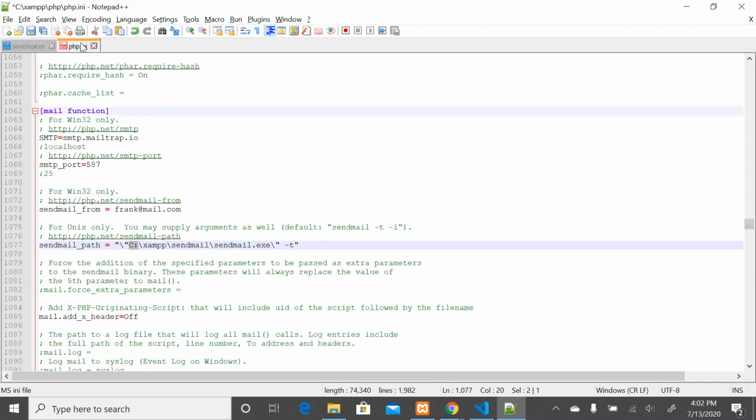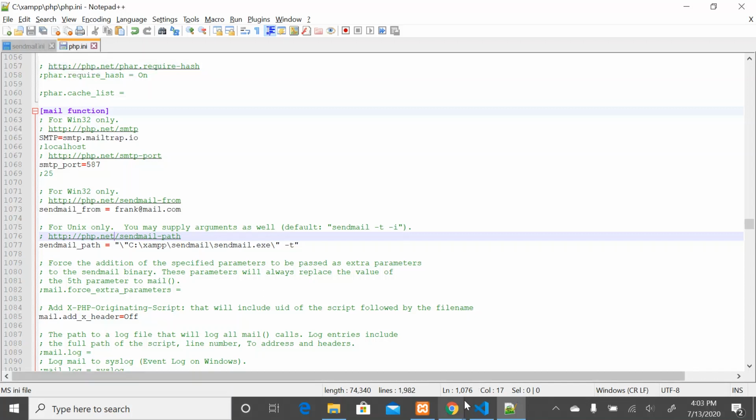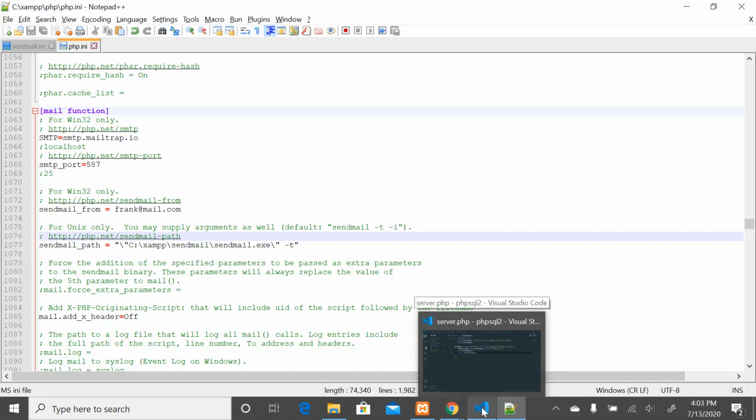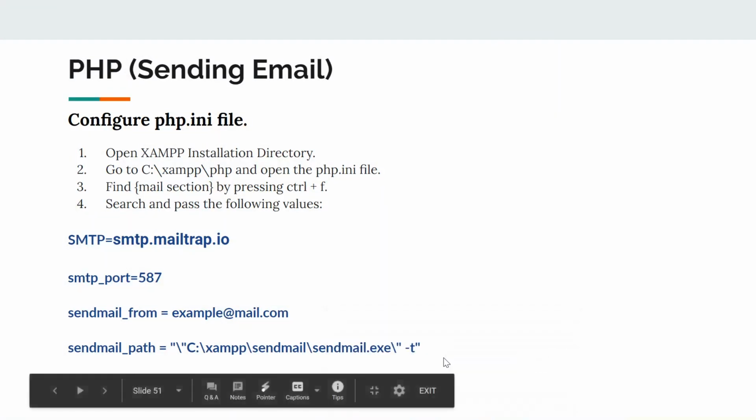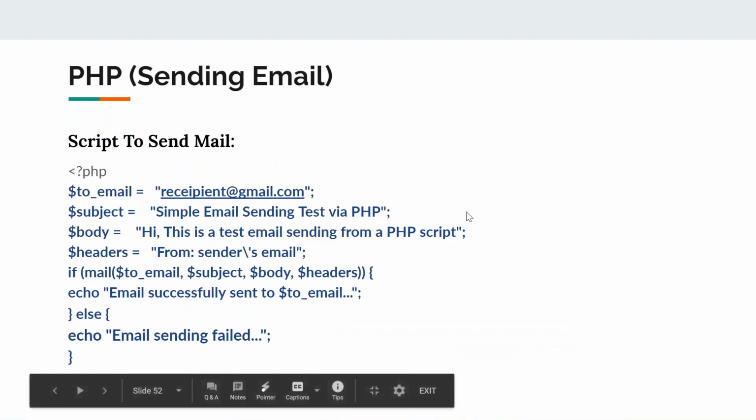This is for PHP to know that you have your sendmail credentials configured in sendmail. If you have all that set the way we have gone over, it means you have everything set to start sending emails from within your script. I am going to move on to the next step now. To send